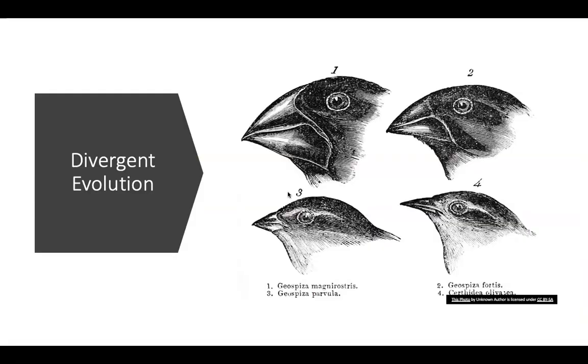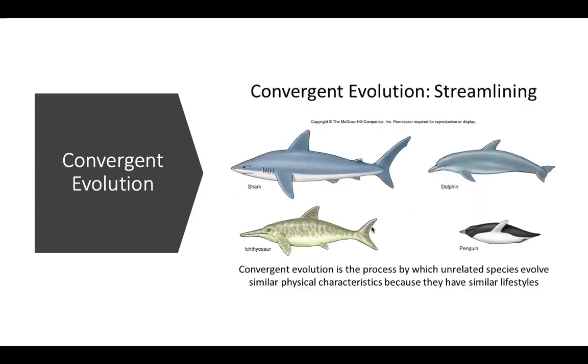All right, let's talk about some of the different terms that are associated with evolution. And one of them is divergent evolution. Divergent evolution is the idea that we have a group of species that have all evolved from a common ancestor. So they'll have some very common looking characteristics. And we can look at the Galapagos finches as an example of this as well, where there's certain characteristics that they all share in terms of their body size and morphology, but there's a big difference in their beaks. And that's the bit that has evolved, even though they've all come from that common ancestor. So we call that divergent. They've diverged away from the original ancestor.